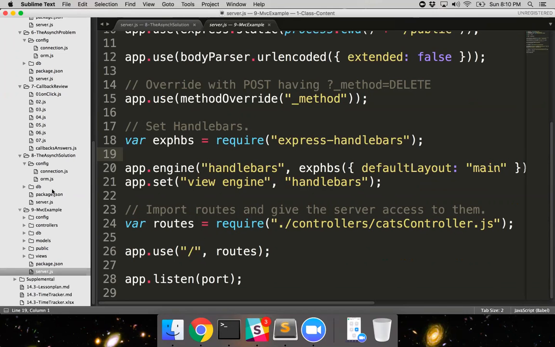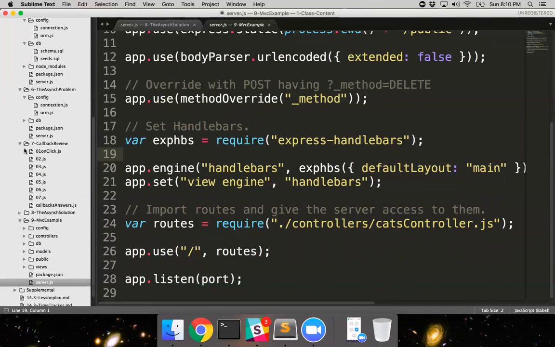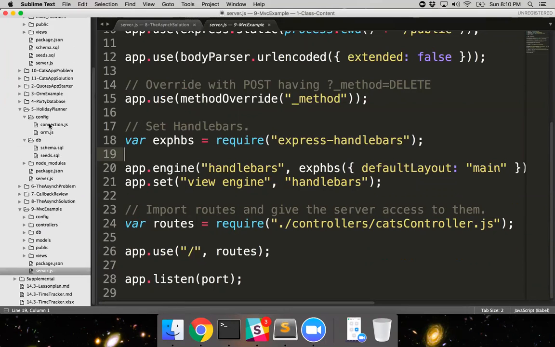So I had my application look like this before. You guys see on the left-hand side of this holiday planner where I was,